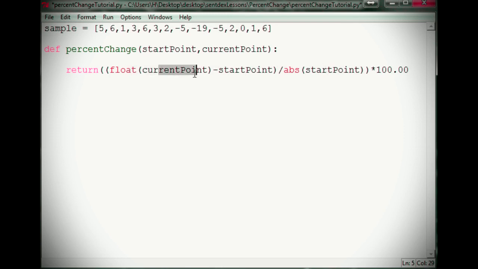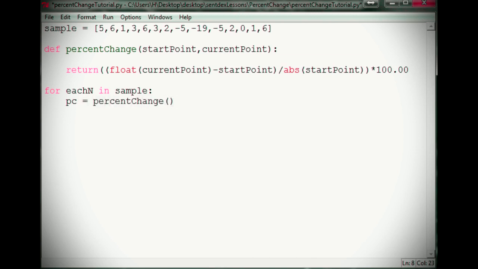So that's what we're doing. We're just kind of forcing it to use typical division. So anyway, new minus the old, divided by the old, times 100.00 again. Cool. So now that we've defined this percent change function, we're just going to say for each n, for each number in sample, PC, for percent change, equals percent change, and then